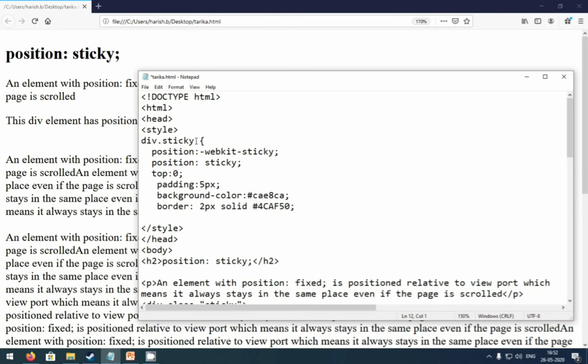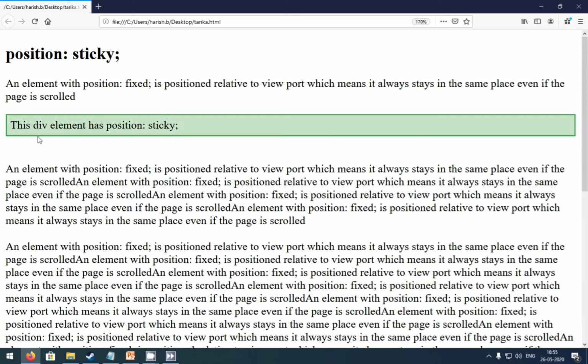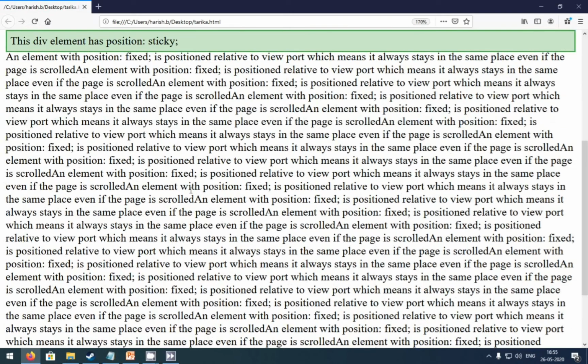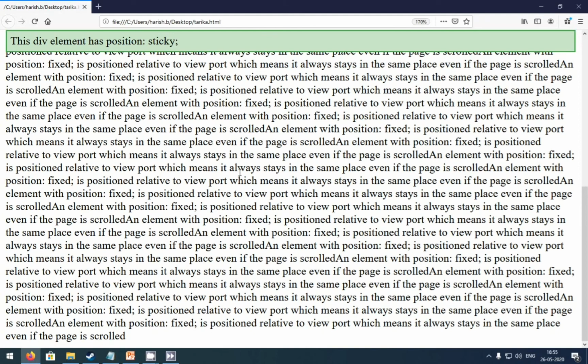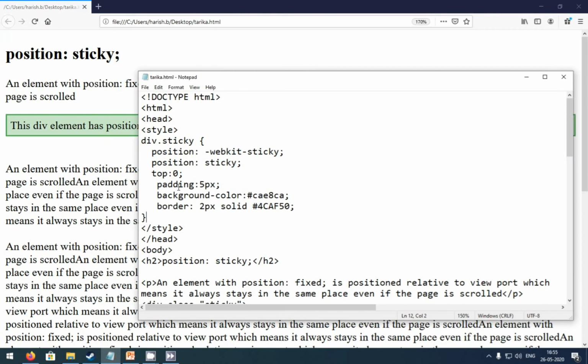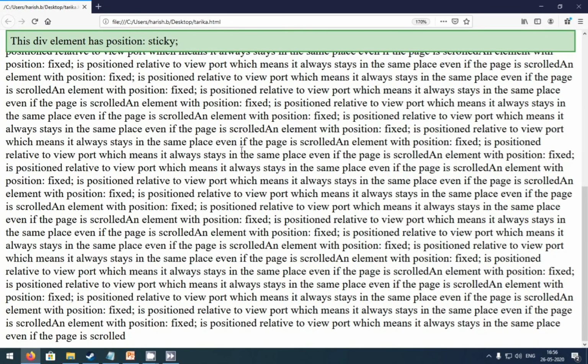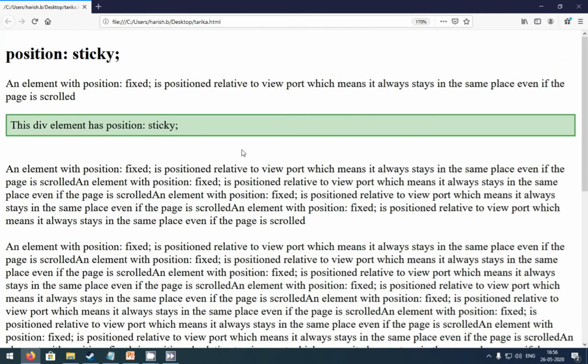So closing the declaration, Control S and refreshing the browser. You can see the position sticky, and I'm going to scroll, and the position of the sticky is at the top right. So you can see the result of position sticky, and I have written the -webkit-sticky now. If your browser won't work, you have to use this. If your browser works with position sticky only, then there is no need of this. So Control S and refreshing my browser. My browser works for it, so no need of that -webkit-sticky.